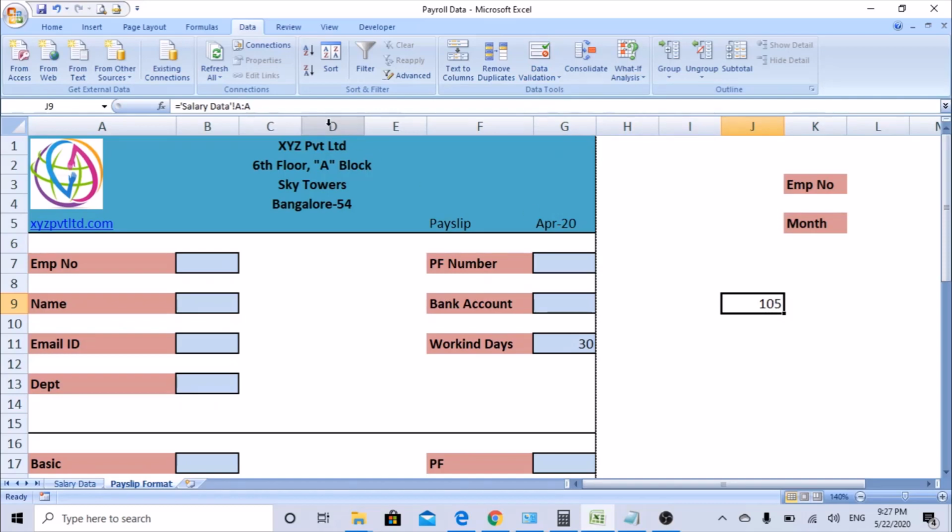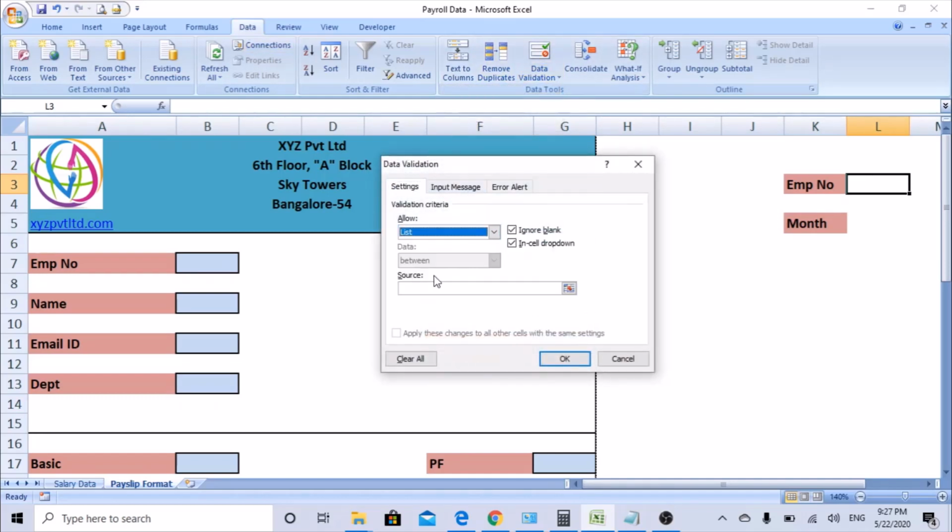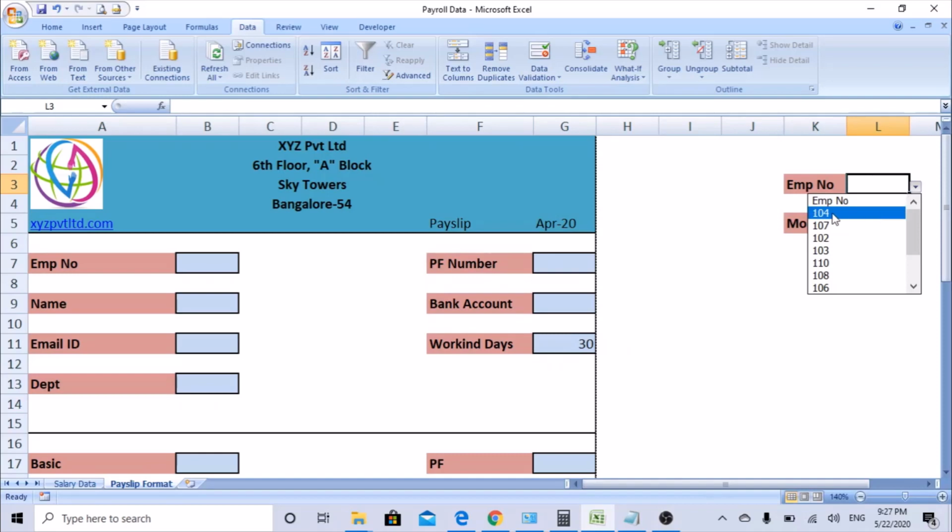Once I click here, you can see this range path. I'll copy this path and delete it. Go here, I'll keep the cursor in L2, go to data validation again, list, and in the source you just paste that range. Since it is not allowing us to go there, we have created a shortcut of getting that range and pasting it here. Now you can see the list.